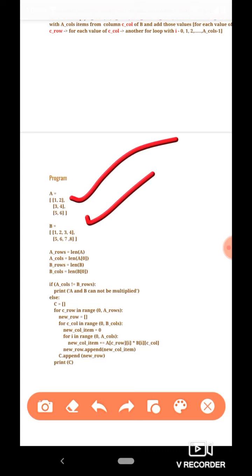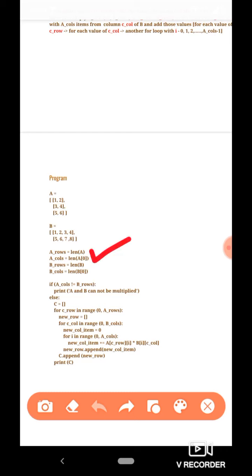Obviously the length of this nested list A will give us the number of rows. It will tell how many inner lists are there in the nested list A. As we said, the inner lists represent the rows of the matrix, so the number of rows will be obtained by len(A). Okay, now how do we obtain the number of columns of matrix A?